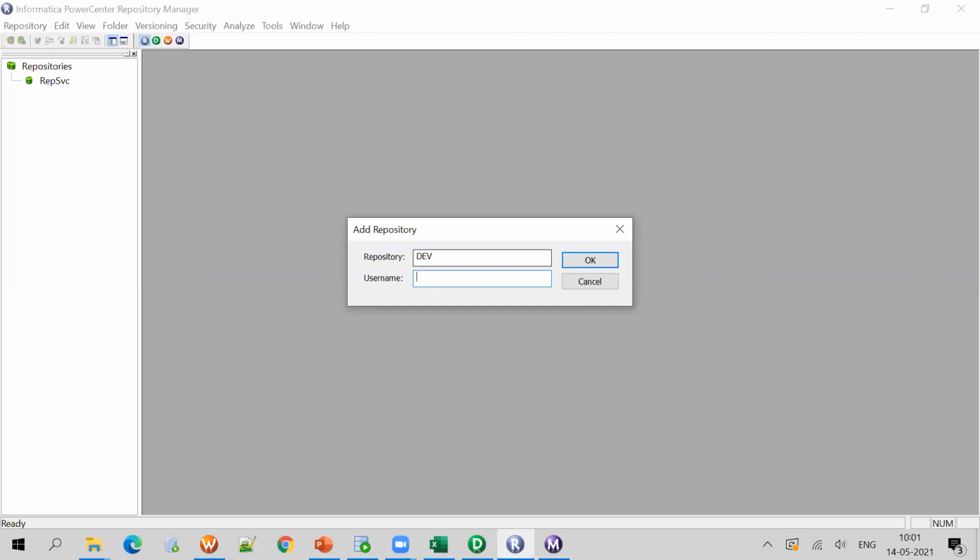Normally in real time it will be dev underscore project name, for example dev underscore Vesco, or the repository will start with REP, like REP underscore SVC underscore dev. You can give any name. I'm giving the username as batch 1, and clicking OK.